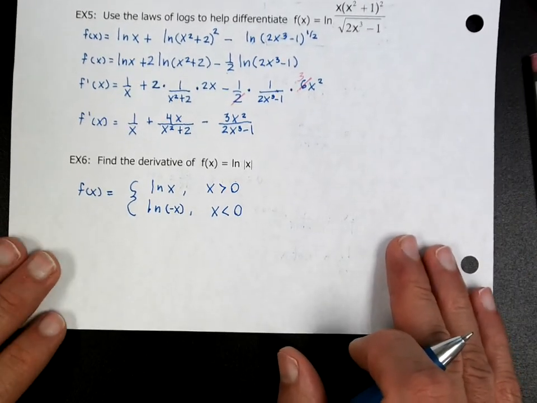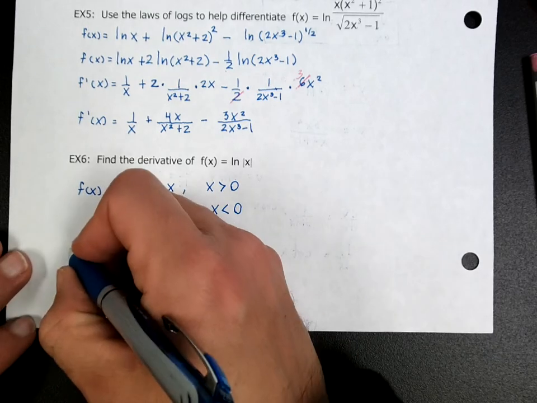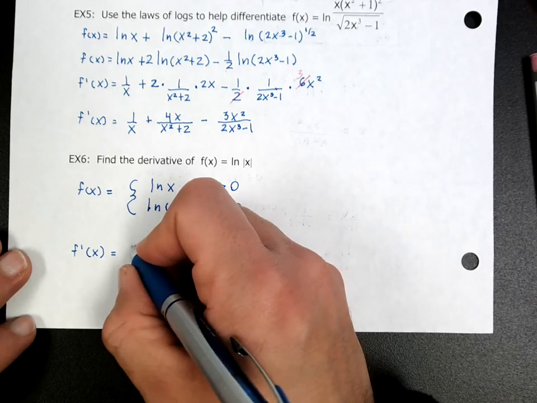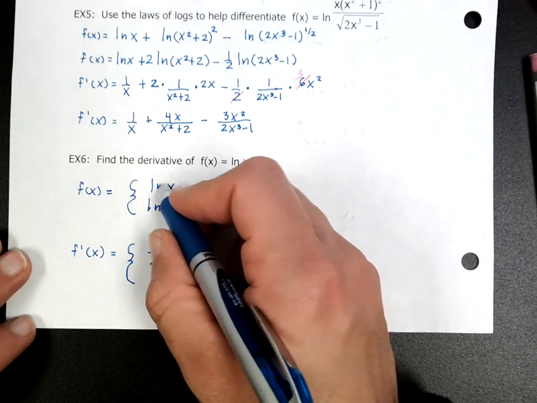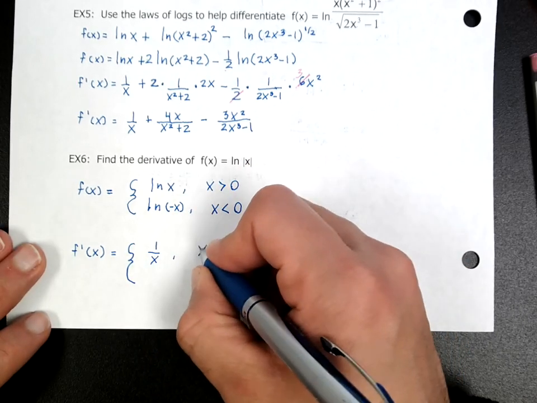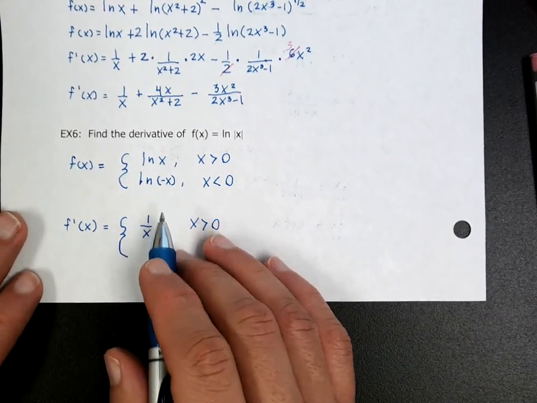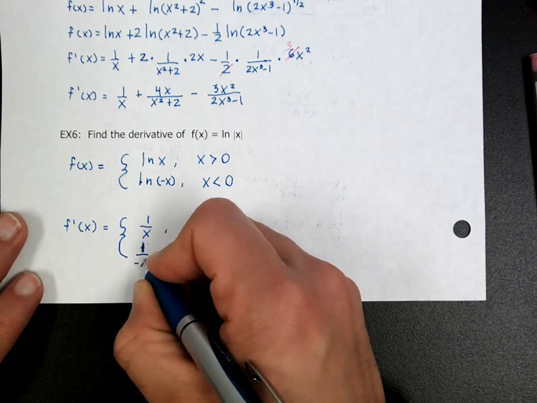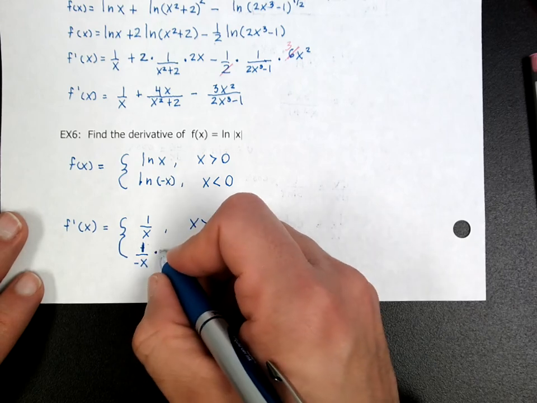So now what you do after that is you're just going to take the derivative of this, and take the derivative of that. Simple as that. So this right here would be equal to 1 over x. The derivative of natural log of x is 1 over x times 1, so that's it for that, if x is greater than 0. And the derivative of the natural log of negative x would be 1 over negative x times the derivative of negative x, which is negative 1,